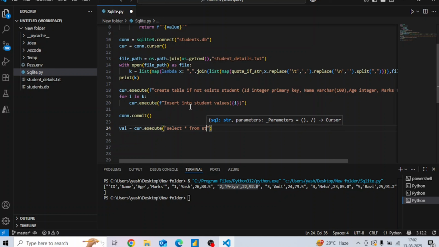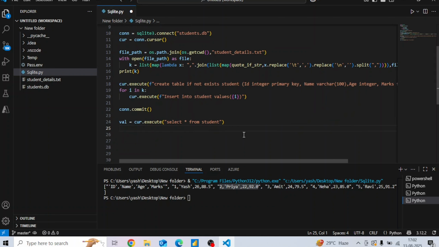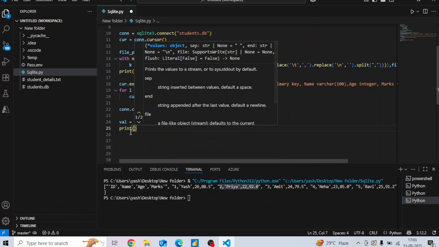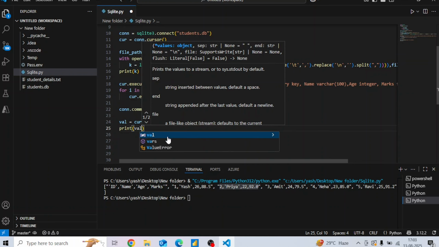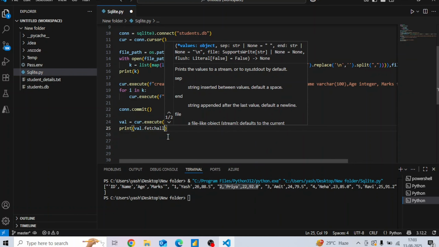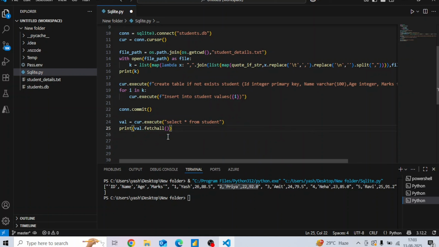Select everything from the student, correct? And I will simply say print whatever value will be stored from a select statement. It means it's going to give me a table value. I will simply say val dot fetchall, so that I can see what all results we have. If I go ahead and run this,